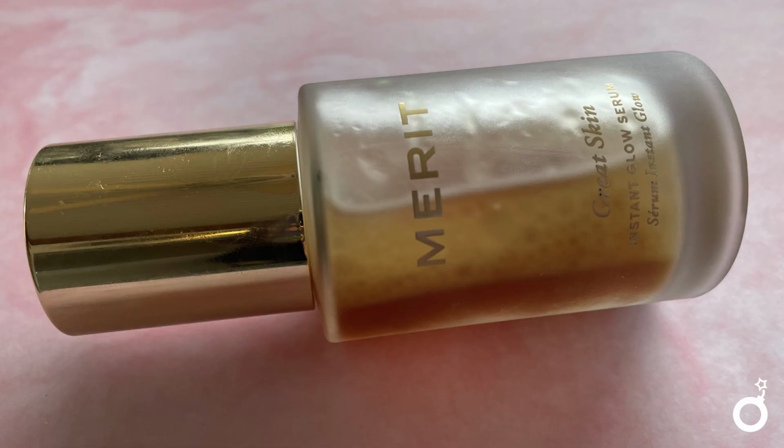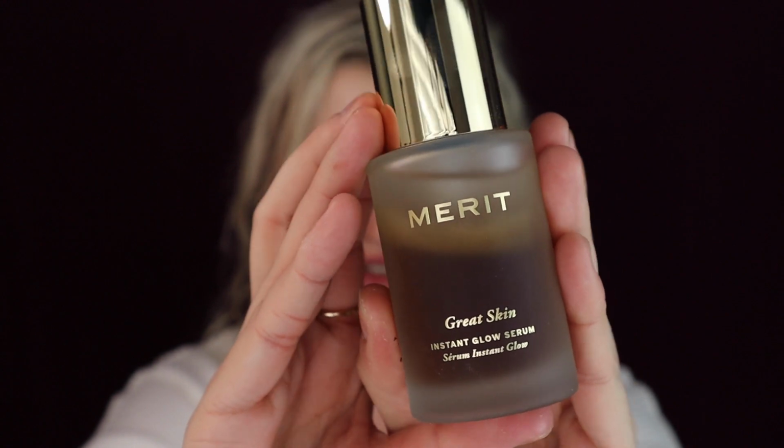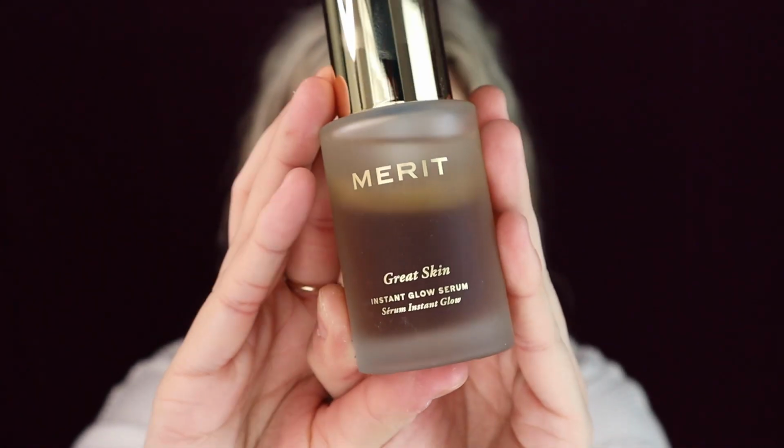Starting off first with the Merit Great Skin Instant Glow Serum. I have never used this before. It has a very interesting look to it. It looks like it's separated at first, and I know that's on purpose because they tell you to shake well. The Merit Great Skin Instant Glow Serum with niacinamide and hyaluronic acid is supposed to be a lightweight biphase serum that quickly hydrates and visibly plumps skin while helping to leave it calmer, visibly brighter, and more even looking over